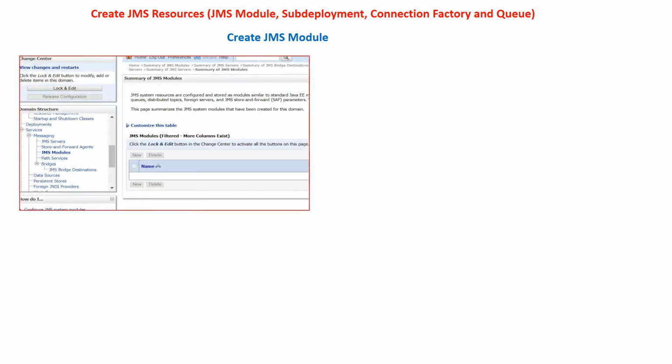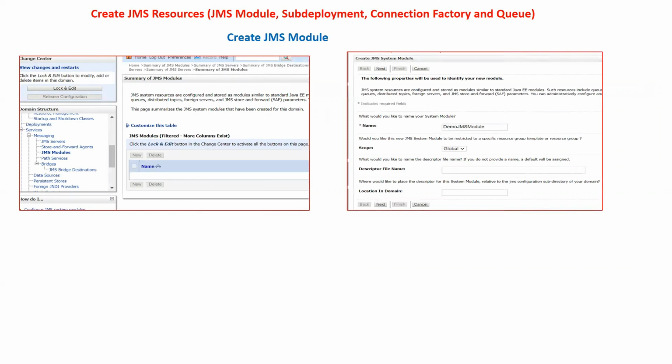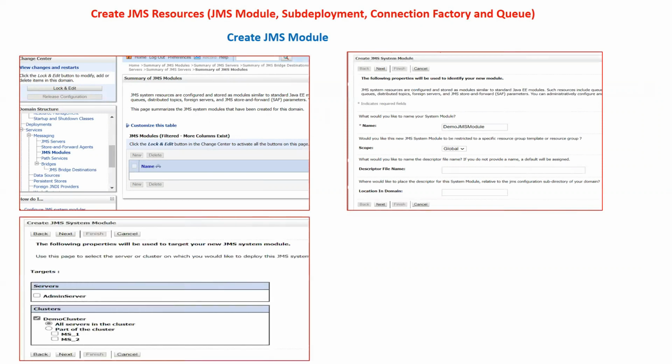For that, you can go to admin console, click on JMS module, click on new, then give a name to your JMS module and target your JMS module to cluster. And why to cluster? Because the JMS module is completely specific to a domain level. So that means inside the JMS module, you can create different kinds of resources like connection factories, queues, topics, distributed